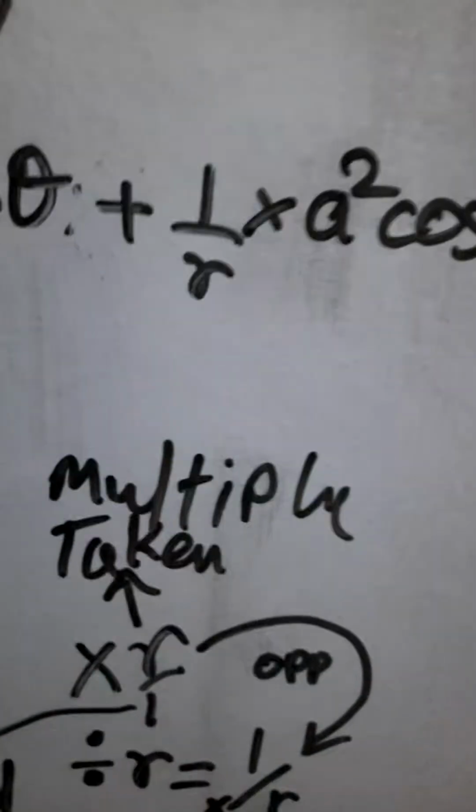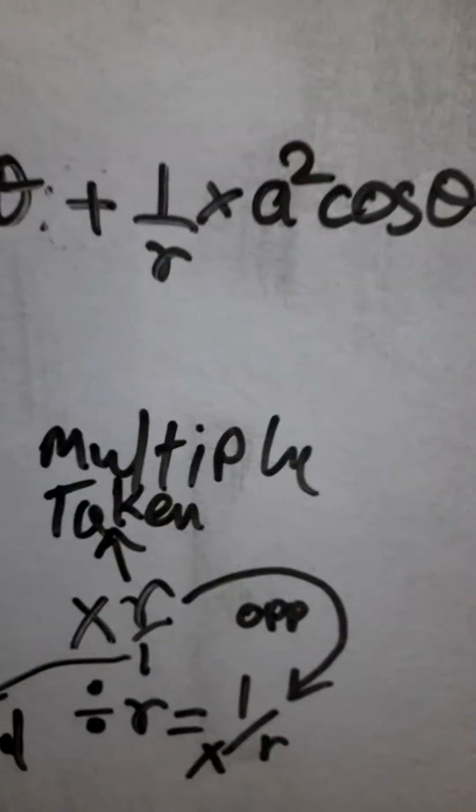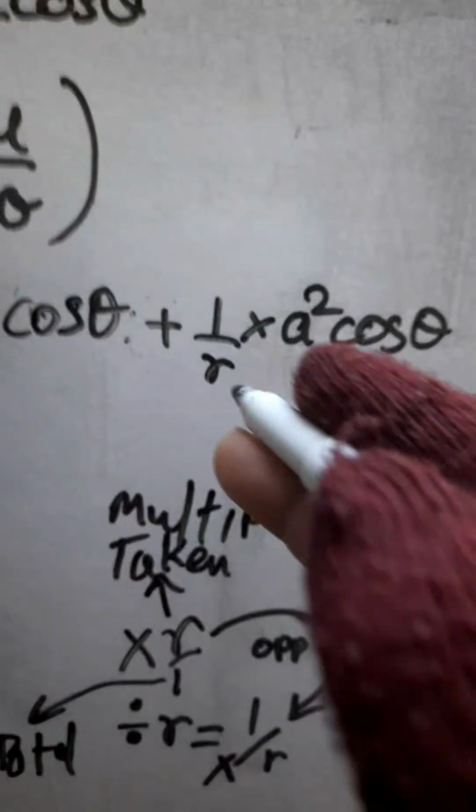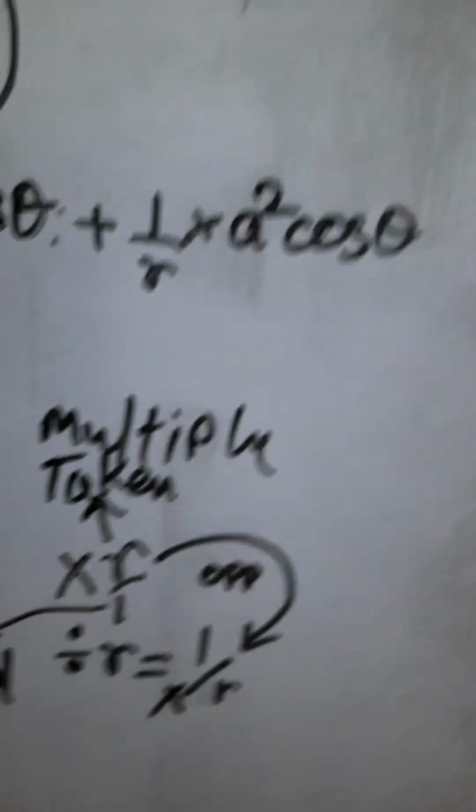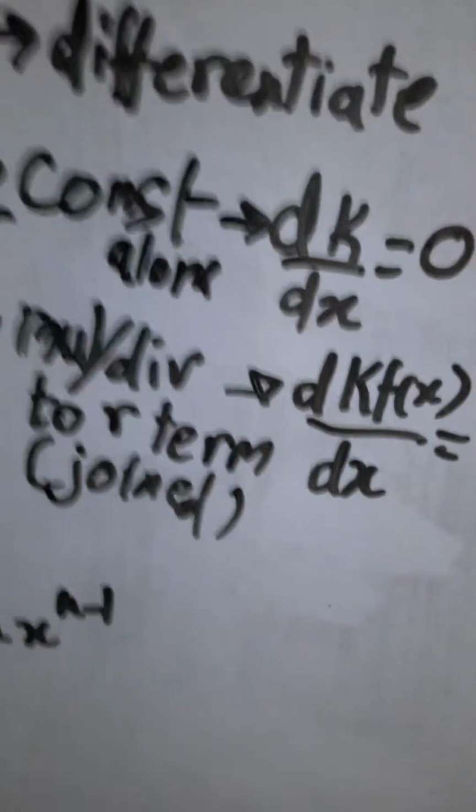Now, what is a square cos theta? These two are different from r, right? So what did I say? Derivative with respect to r means r is the only variable which would be differentiated. This r would be the only one differentiated, these two won't. So these are other variables than r, and they would either be constants if they are alone. Are they alone? No. So they are